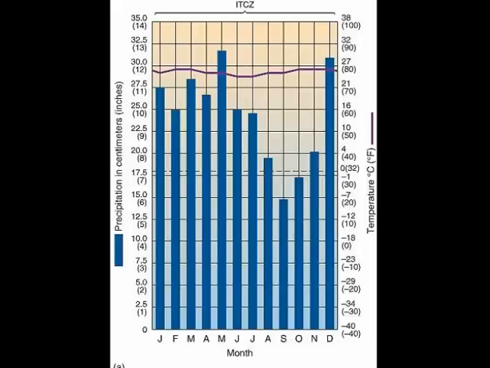This here is what we call a climograph. At the bottom are the various months of the year, starting with January and ending in December. That's what the J and the D indicate. On the right-hand side, that measures degrees Fahrenheit. The purple horizontal line we see about 3/4 of the way up, that's a line showcasing temperature in the different months as we go from left to right, January to December. On the left-hand side, those are the measurements for precipitation in inches, and the big blue bars